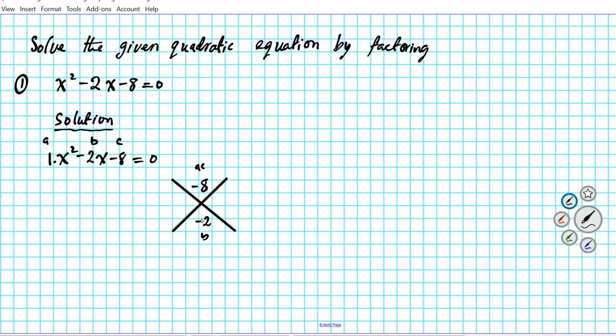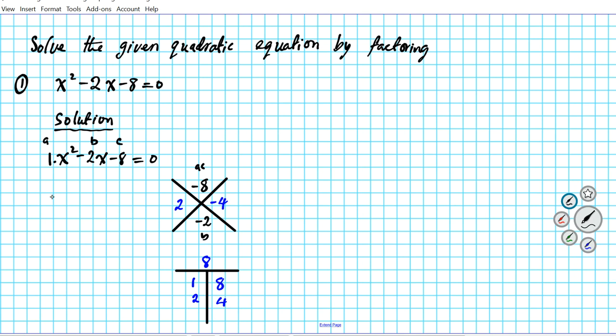Let's generate all the pairs of factors that result in 8. 1 times 8 is 8, and 2 times 4 is 8, and that's basically it. So a combination of 2 and 4 will work here. In order for the sum to be negative and the product negative, the bigger of the two has to be negative. And in this particular case, since A is equal to 1, we can skip factoring by grouping,